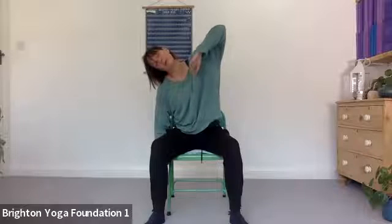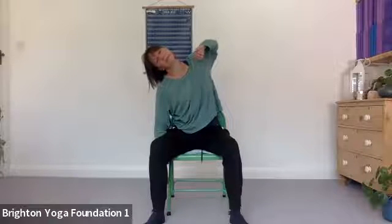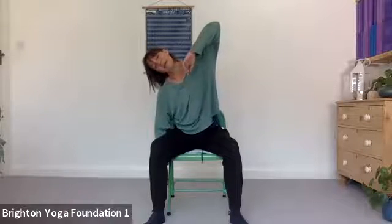Let's let the spine kind of take that lateral flexion over to the side. Maybe the side we're leaning towards, maybe the arm on that side could hang. Maybe the other arm could bend and the elbow could lift, and you could circle the elbow a little or a lot. Or you could rock the whole shoulder forwards a little and then bring it back a little. Quite free. Or you could even reach that arm up towards the sky, head hanging as best as you can,